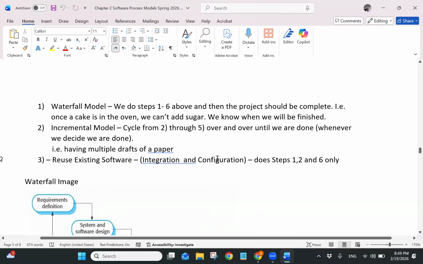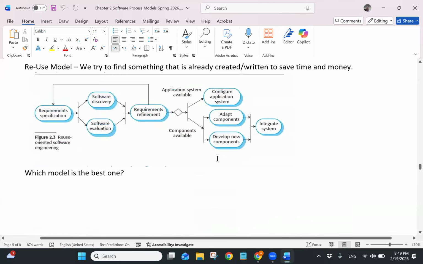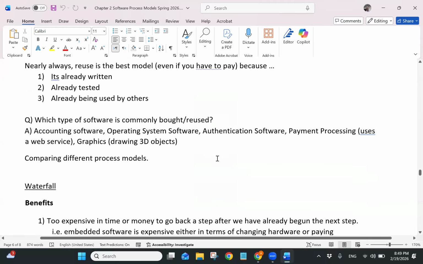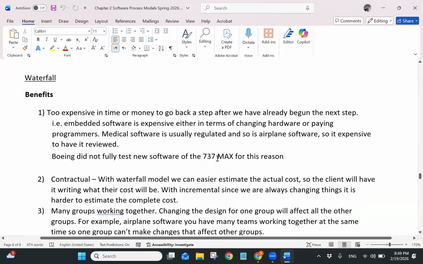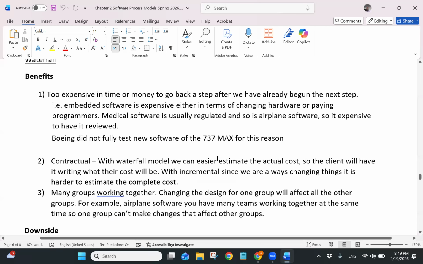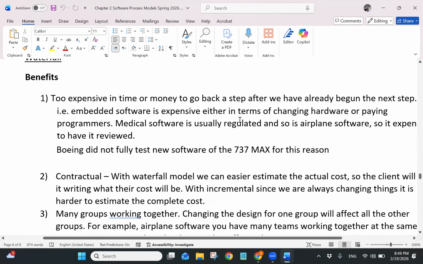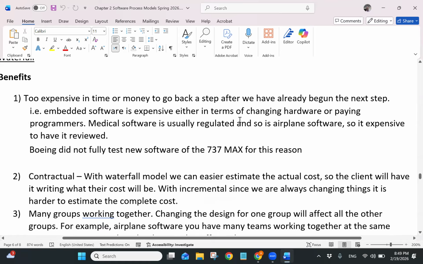Okay, so now that we want to go through the models and see what are the benefits, in other words, why would I do waterfall? In other words, what are the benefits and what is the downside of using each of these models? Because obviously, if it's still around, there's a reason we have it. So the reason to have waterfall is, for an example, we said it, but if we didn't, I'll say it now,